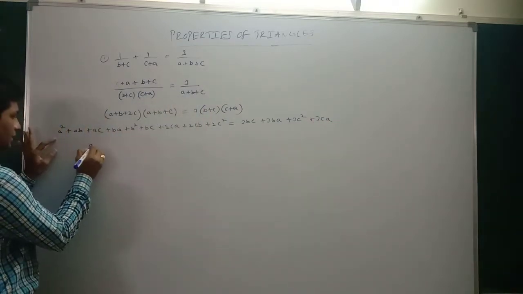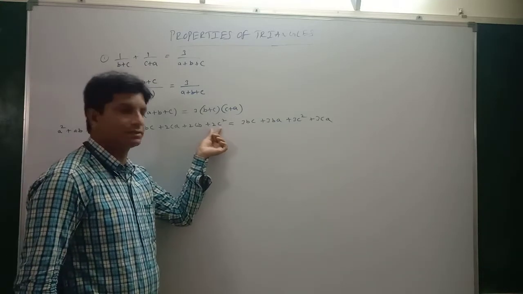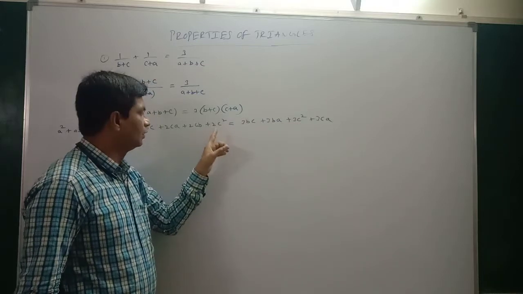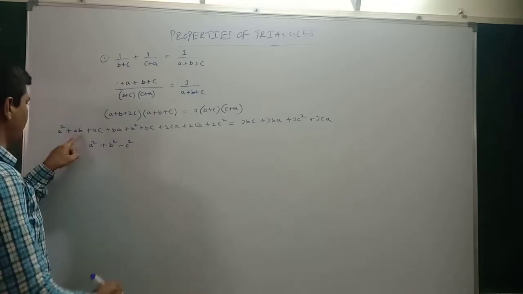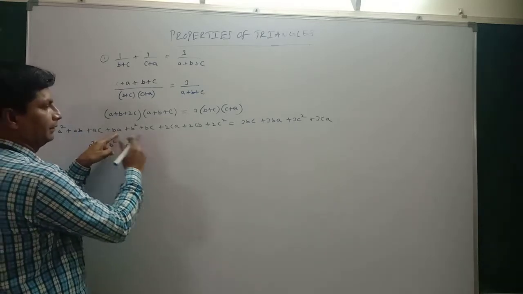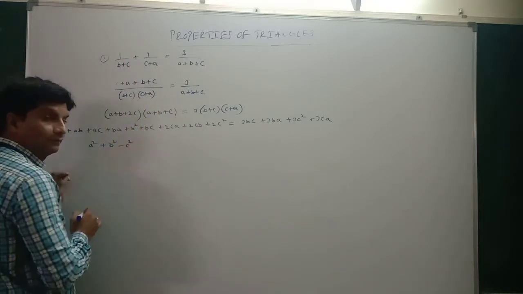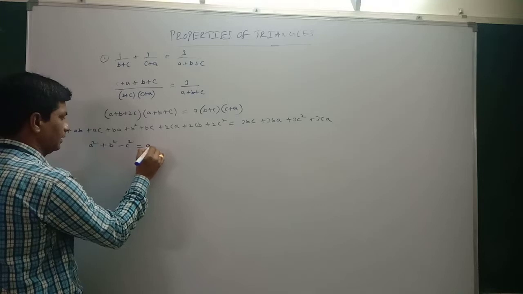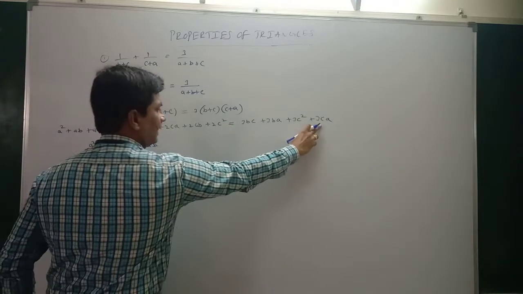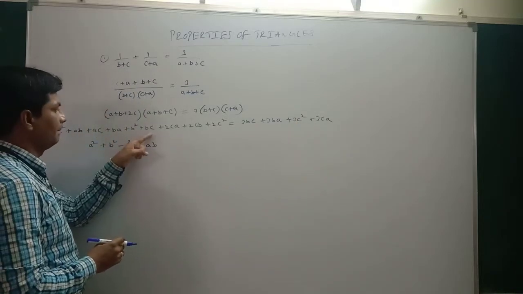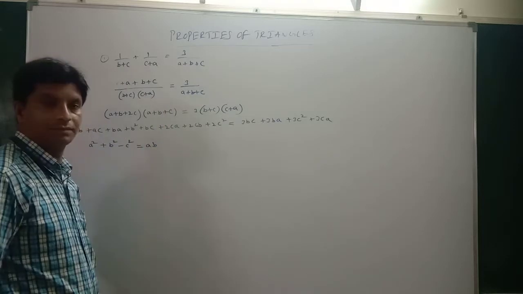Now see here, this is A square, I am writing plus B square. Here we are having 2C square, take 3C square to the left side: 2C square minus 3C square, minus C square. AB plus AB, 2AB, here 3AB. 2AB minus 3AB, how much? Minus AB. Take it to the right side, you get equal to AB. AC plus 2AC, 3AC, 3AC gets cancelled. Similarly, BC plus 2BC, 3BC, 3BC gets cancelled. So we are having only these terms left.